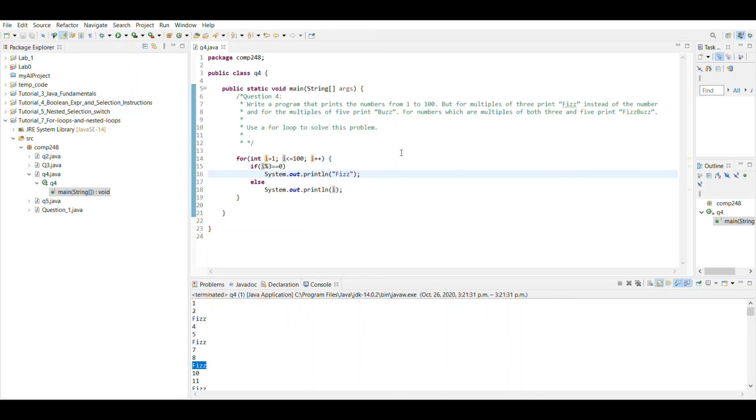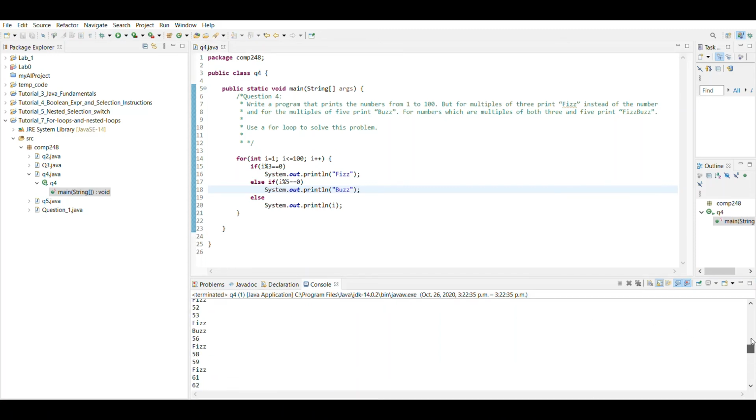Okay, let's see. Else if the remainder of 5 equals 0, then we print buzz. Okay, you can see buzz instead of 5, buzz instead of 10, fizz instead of 15 should be actually